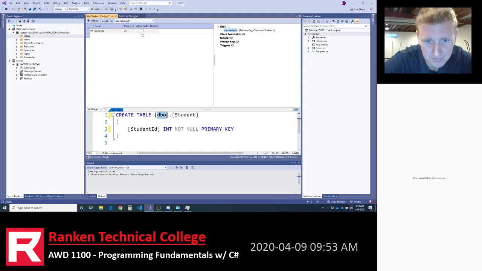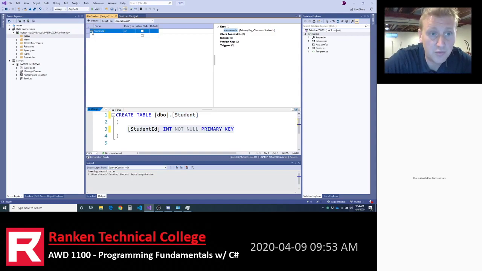DBO is what's called a schema, and it basically says who can access, who can work with this table. And DBO stands for database owner, is essentially the administrator. And so, that's kind of a common schema to work with. You can, for the most part, leave DBO unchanged.